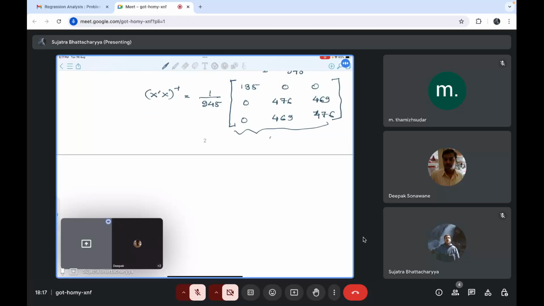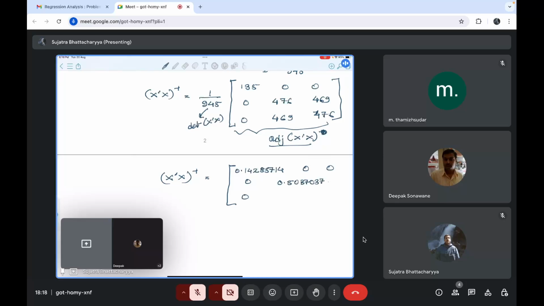Adjoint of x prime x, and this is the determinant of x prime x. Not inverse, okay, this is x prime x. So finally, x prime x inverse will come out to be, I'm just writing, 0.14285714. This is 0, 0. This is also 0, 0. The symmetric matrix ultimately. So this second element is